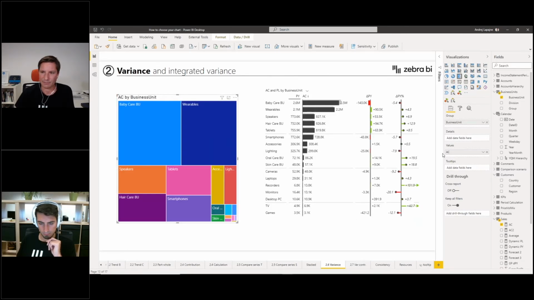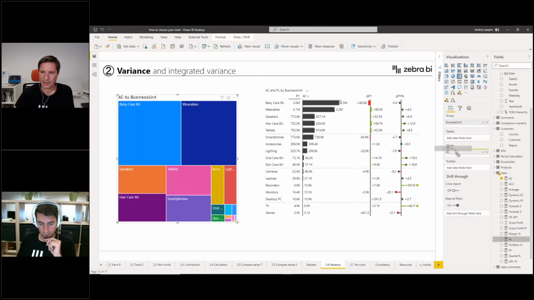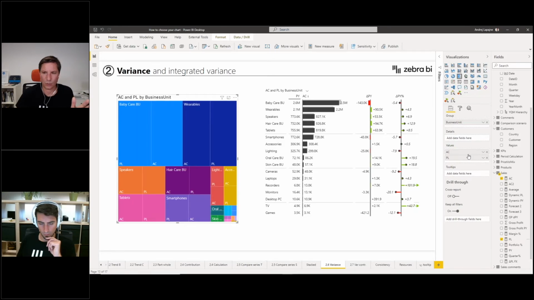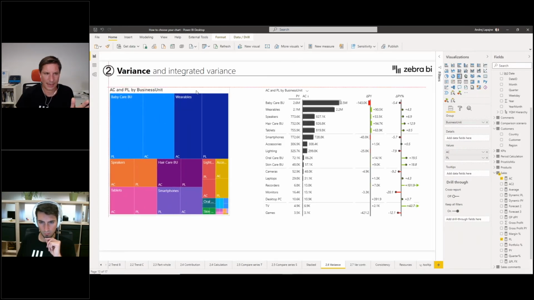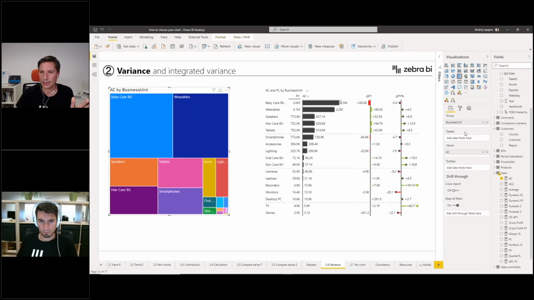You can add multiple measures here, but in Power BI it's basically always just a breakdown. So it's always a breakdown by the group, and then by the subsequent measures or by a hierarchy, because you can put a hierarchy